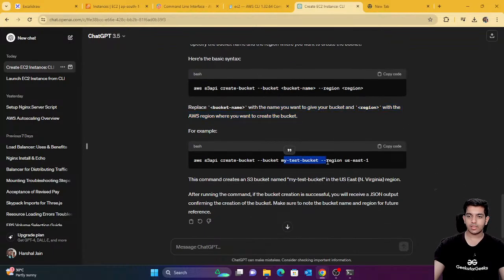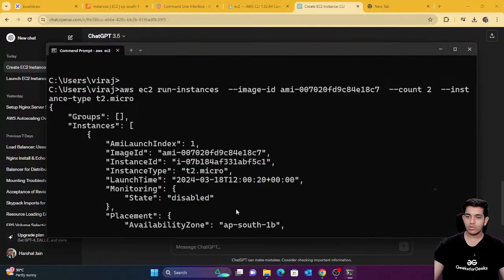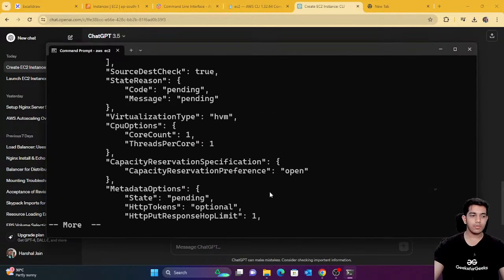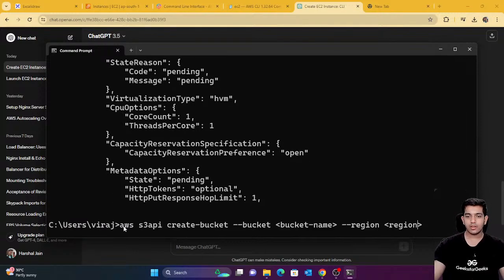You can see that it's giving us some example. So let's try to create a bucket name. If I try to do this right now, obviously it would give me a permission error, but let me just show you that. Okay, so if I just paste it, here you can see that the command for creating it is S3